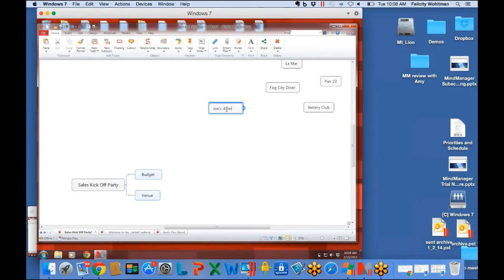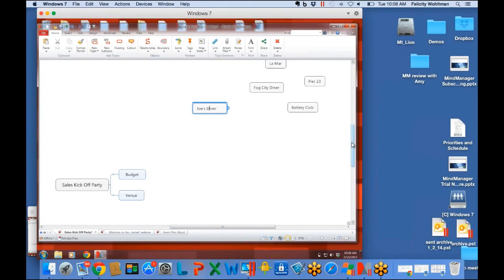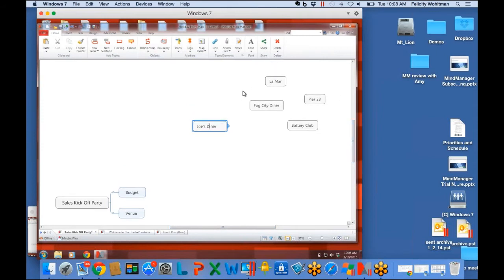In other words, we like to say that MindManager is like a virtual whiteboard for brainstorming. And here you can see that we're throwing up all these ideas of locations that are near our office that might be a good venue for the sales kickoff party. Now, once you get a bunch of ideas going on the virtual whiteboard, then you want